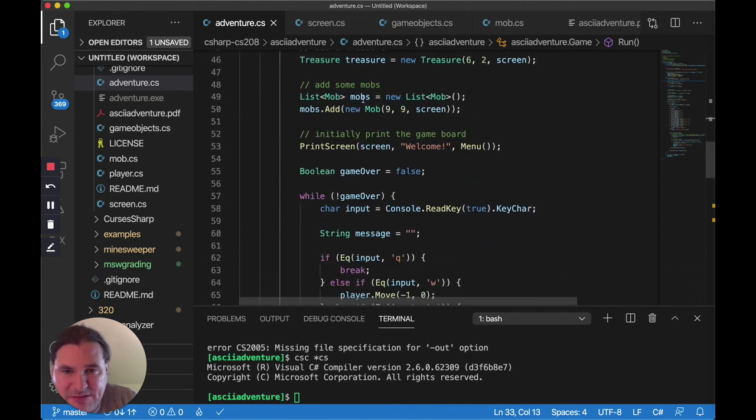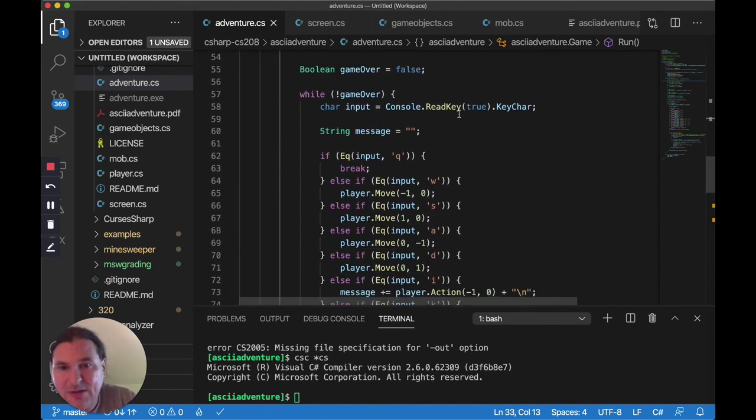So anyway, we got this list of mobs, which really just contains one mob. We could add more. We could put them in random locations. We could have different kinds of mobs. Like, you could have zombie mob and cow mob, and cows maybe are nice and healthy and happy, and zombies are evil and try to kill you. Or maybe the other way around. Maybe the zombies are really helpful and the cows are evil and try to kill you,